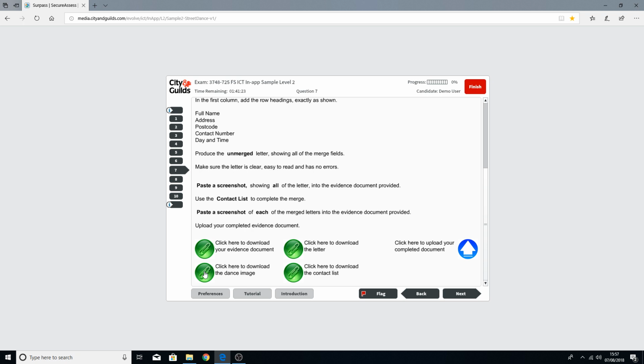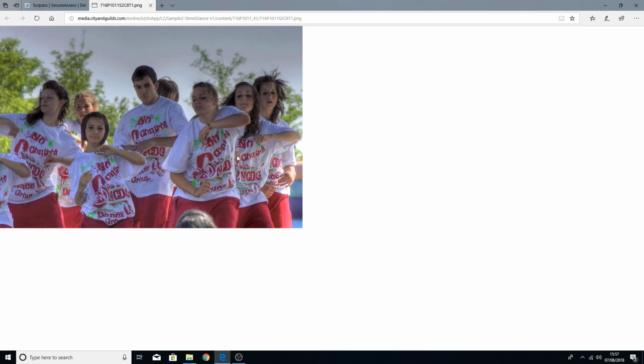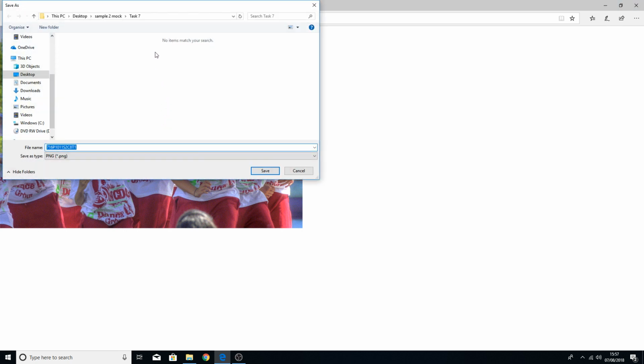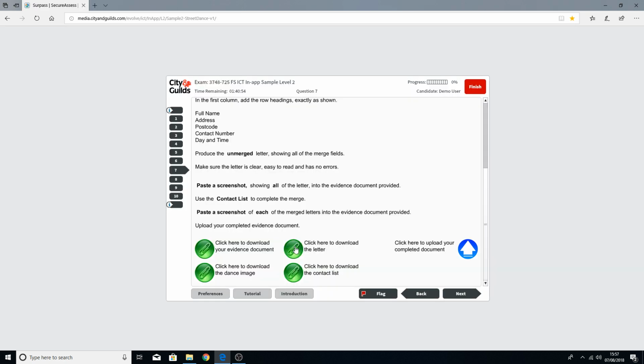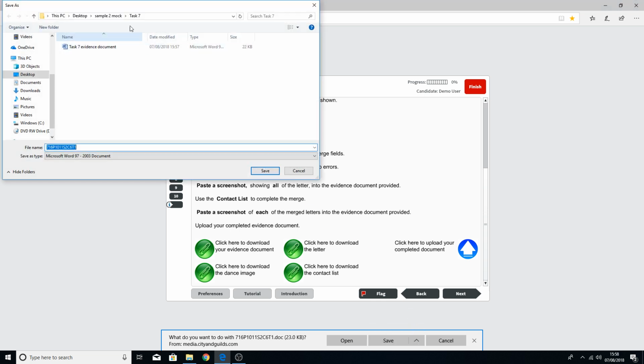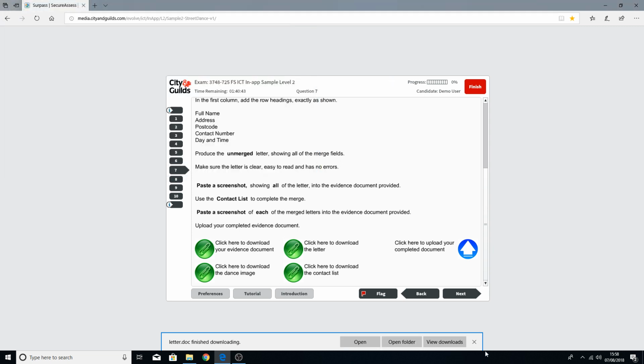You'll also notice with this next one that this opens up in a browser window, so it's not actually downloading anything, so you need to just right click on the picture, save picture as, and hopefully it'll automatically come up with your folder that you need, but if not, just find your desktop on the left hand side of your window and search for your mock exam folder and then your task 7 folder. So we're just going to rename this one photo for now and save that. And we've got the letter that we need to download, so again that comes up at the bottom. Same again, go and save as, find your file, we're already on it, and just name it letter and close